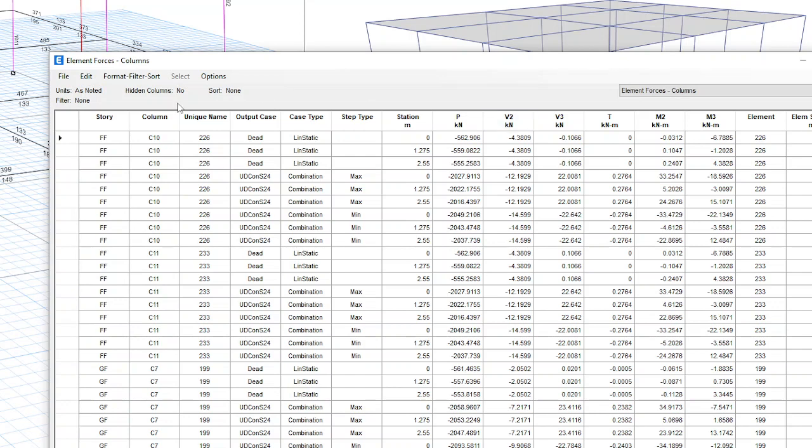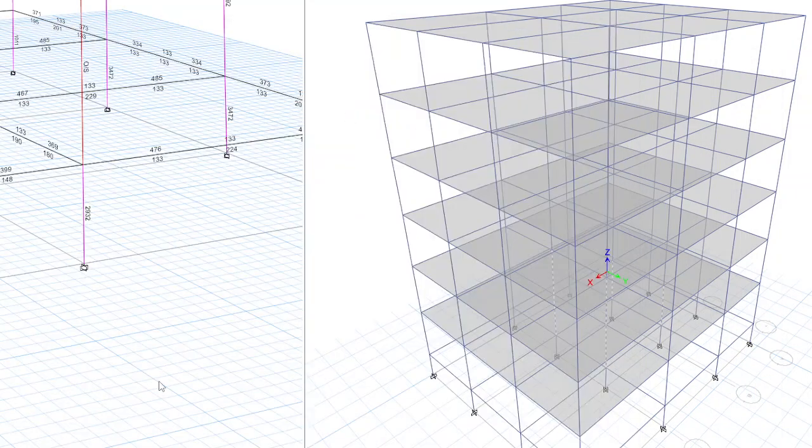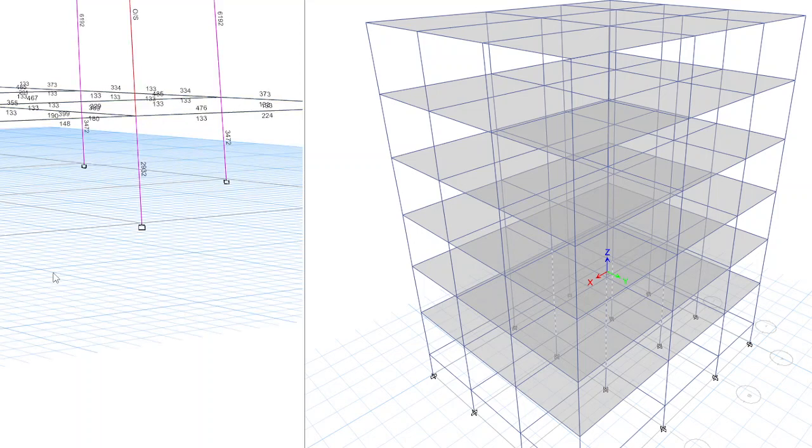First thing is you have to select which element you need to extract the forces for. For that, you have already done the design, right?